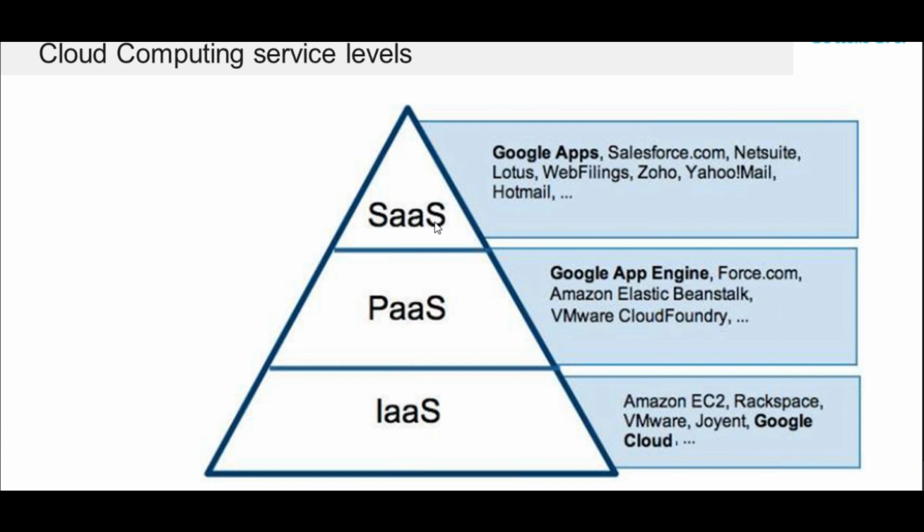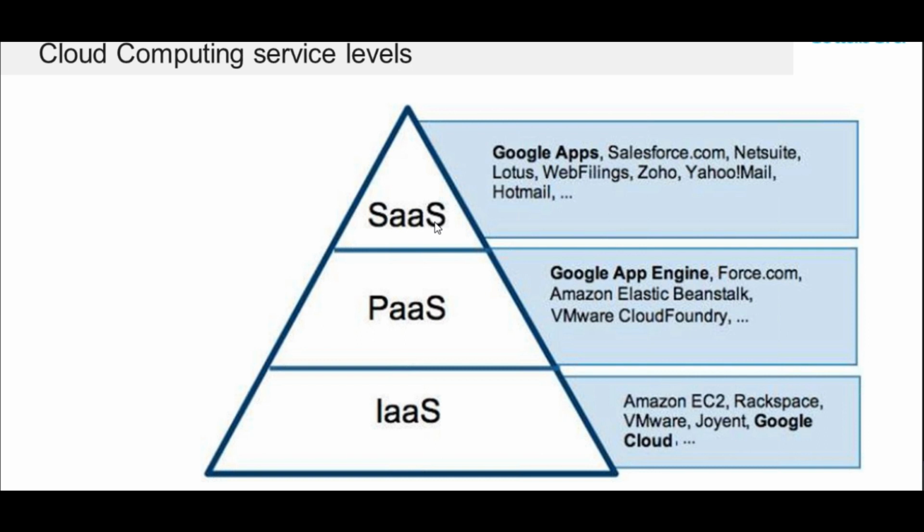All the things will be taken care of by the cloud platform. We just have to subscribe and start using the services offered by the software, and we pay for that. So that is what the software as a service model means. Likewise, with respect to these service models, there are categorizations done, and there are certain services which lie under the IaaS category, some services which lie in the PaaS category, and some in the software as a service category.